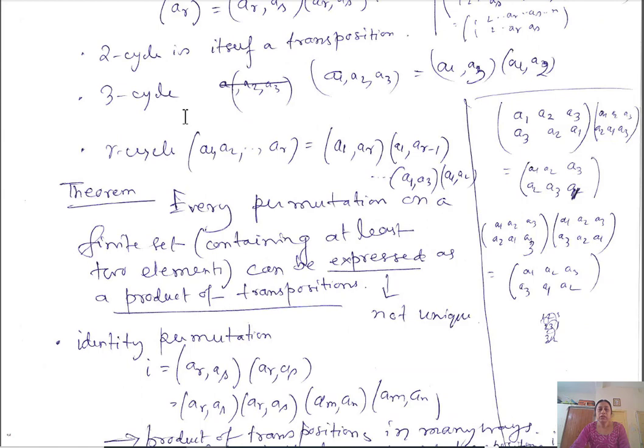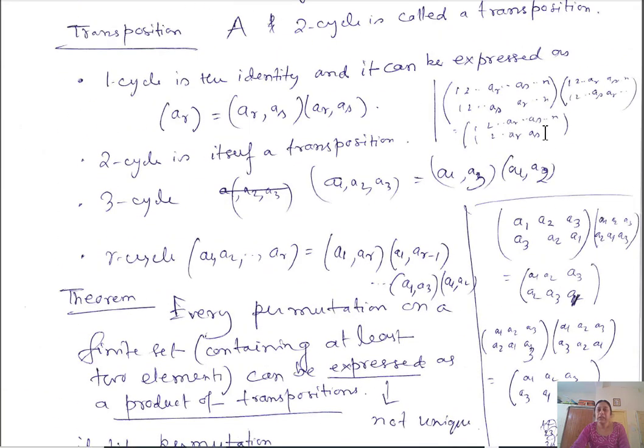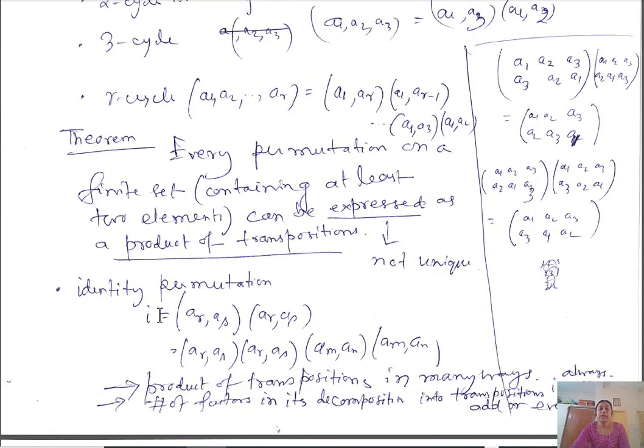Okay, now identity permutation. Identity permutation means every element goes to itself: 1 is going to 1, 2 is going to 2, a_r is going to a_r, a_s is going to a_s, n is going to n. So this identity permutation can be written as